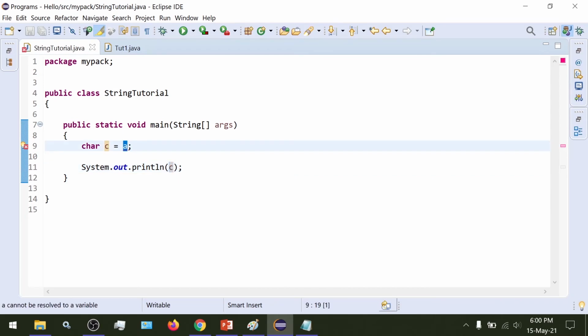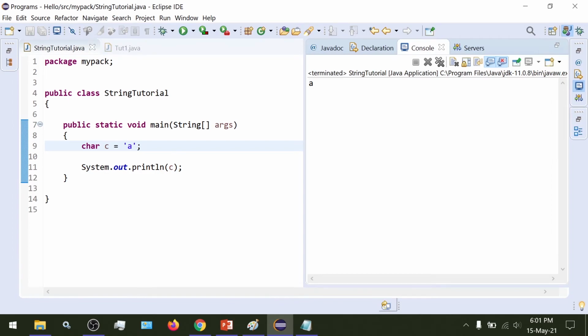But this a, just as I have specified c here, whether to consider this as a variable or to consider it as a character value. So how does a computer know what to consider this? For this distinguishing purpose, we give the characters in single quotation marks. All the characters represented in a program need to be given inside single quotation marks. As you can see here, there are single quotes surrounding this letter A. Now a computer would understand that we are trying to use the character A, and it would provide us with the character A.